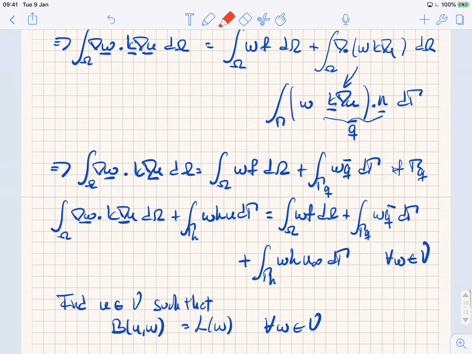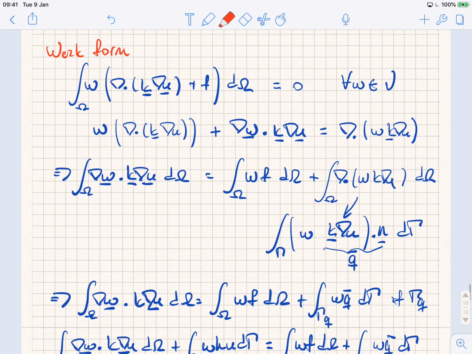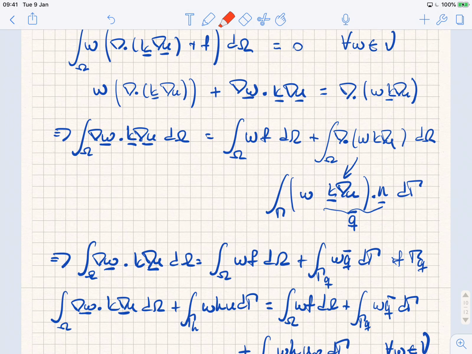So let's go back and see what we just did, right? To get the weak formulation, we just grab our differential equation. Here, we weighted with some weight function. We integrated over the domain, and we set that equal to 0. And then we did what would be the equivalent to integration by parts, because we want to lower the differentiability requirements. So we came up with this expression. And then when we plug that in, what we end up with is a term where we're applying basically the divergence to